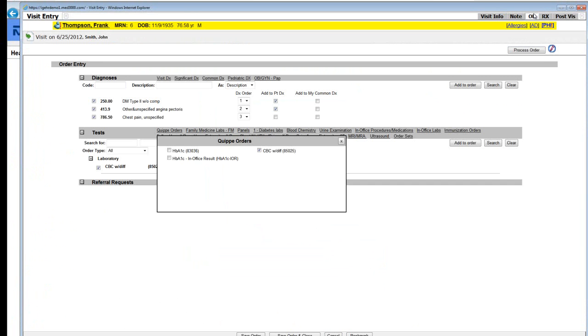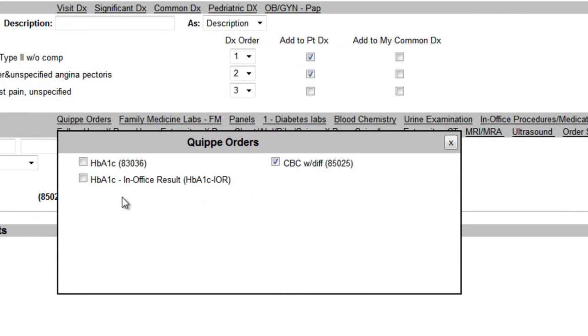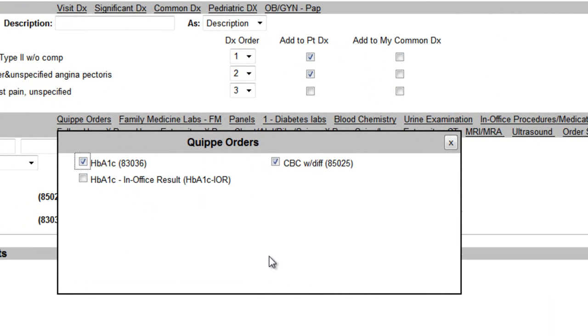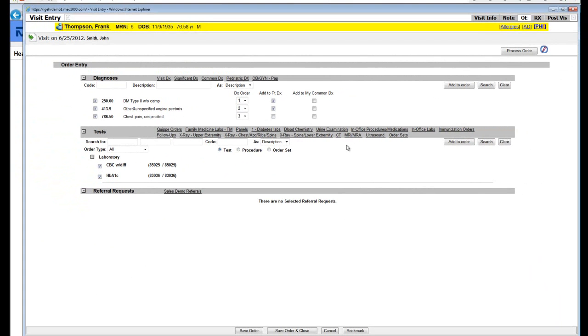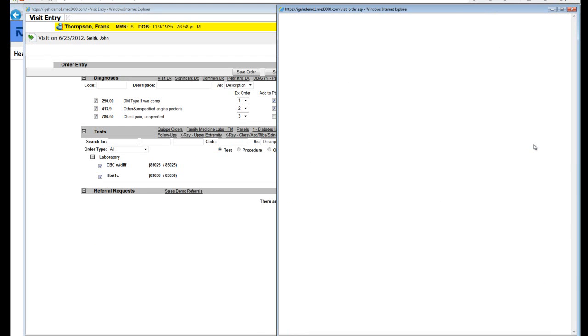So in Quippe, I documented the fact that I was going to run a couple of tests. What Quippe did was go out into the database, link those to those particular orders, and I can choose either an in-office version or send it out to a lab version of my hemoglobin A1C. I tell the system what I want it to do, go up and hit process, and off it goes to